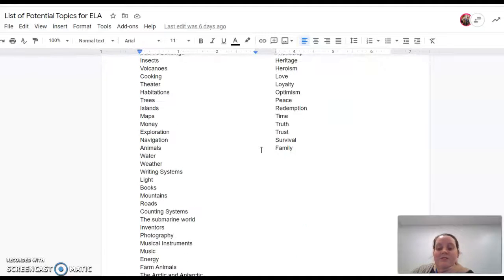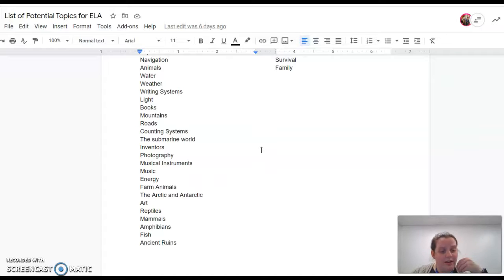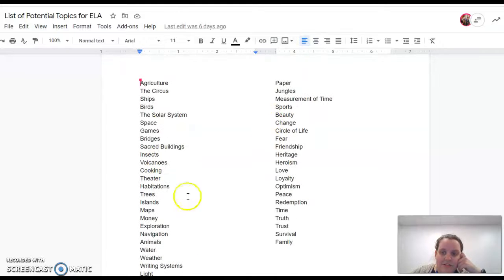So there is a list of potential topics. You can choose something that's not on this list, but make sure it's nice and broad so you have lots of things you could write about. Okay, and there's all types of choices. The example I like to give is space. Space is an easy one to come up with lots of subtopics, which are things that lead into that big topic, and I'll talk more about that in just a second.